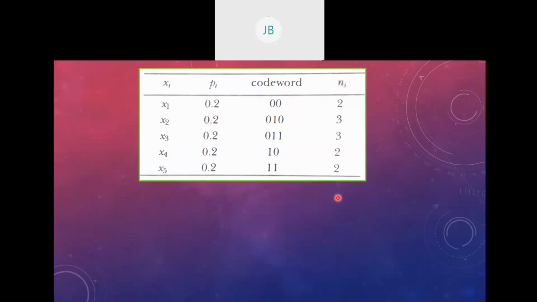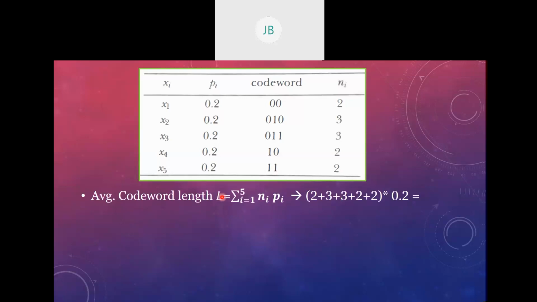So this is how the Shannon-Fano encoding is done. And then we need to find the coding efficiency. In order to find the coding efficiency, we need to have the entropy and average code word length. So let us find out that the average code word length L is nothing but the summation of Ni and Pi. So the Ni values are listed here. For every symbol, we have 5 symbols here, and probability values are also given here. They all have equal probability. So we multiply them for all those Ni values, and that becomes the average code word length,